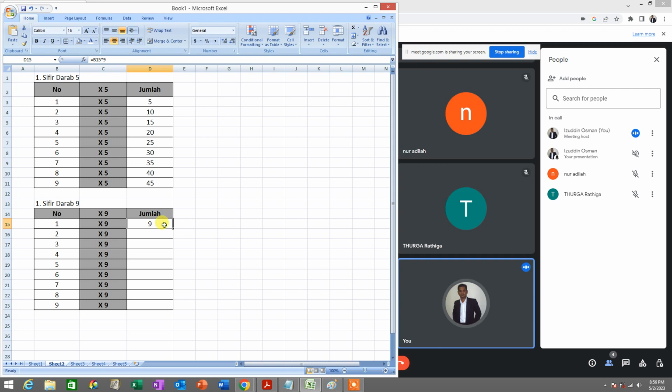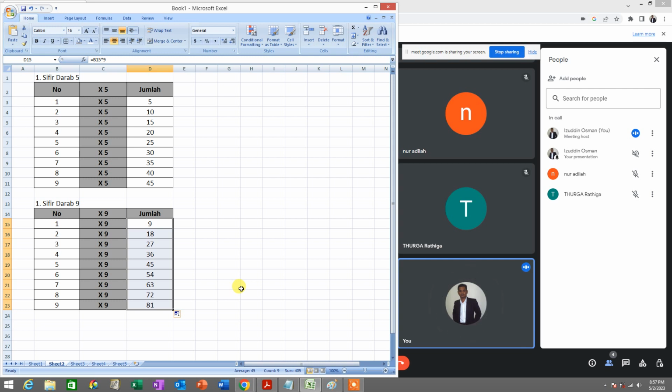So kita hanya perlu select kotak ni dan letakkan mouse kita di bucu bawah belah kanan. Nanti kita akan lihat satu simbol plus yang kecil, okay, berwarna hitam dan nipis macam ni. So klik tarik. Bila lihat je simbol plus yang kecil tu, baru klik tarik ke bawah. So what you are going to do, you are actually trying to copy this into the rest of the row lah. Okay, so sama juga dengan